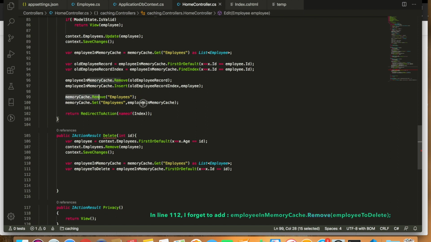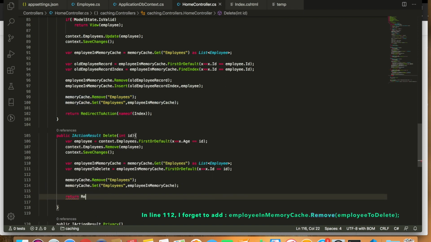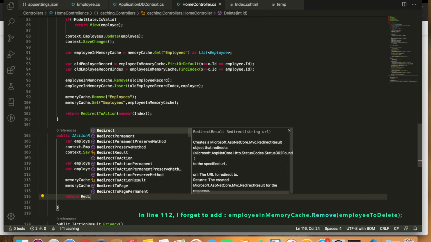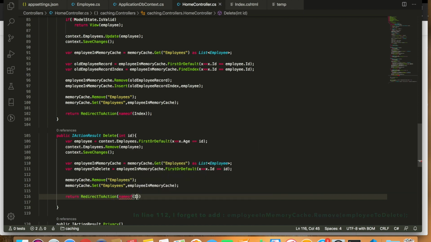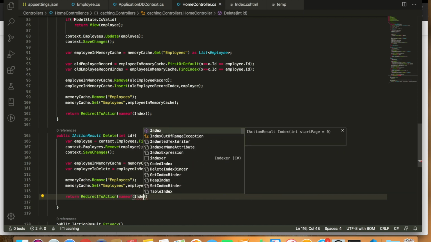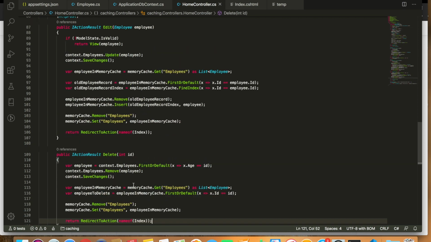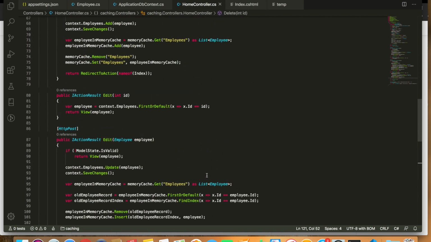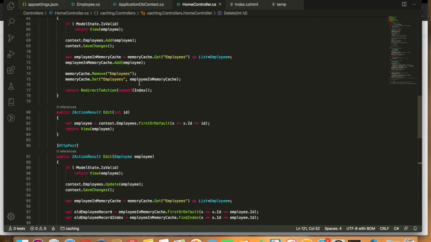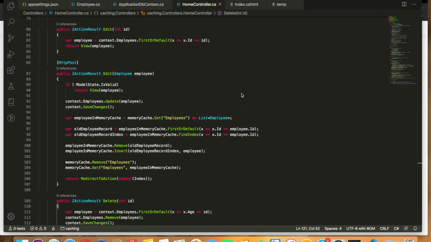So the final thing is we need to update our memory cache. So let's update, and finally we need to redirect the user, return redirect to index. So this is it for the controller part, and now we are creating our views to support the insert, update and delete operations. So now let's create our views,